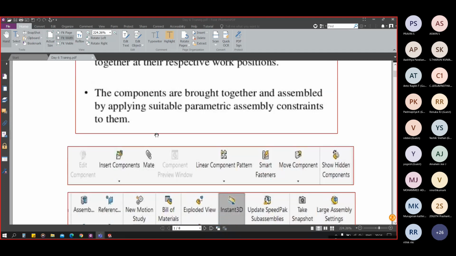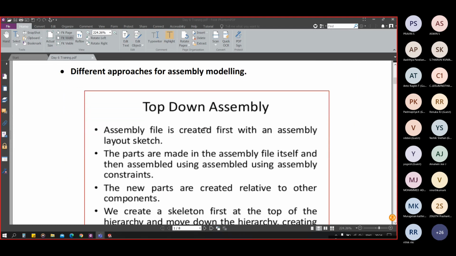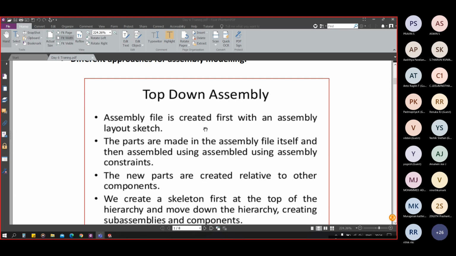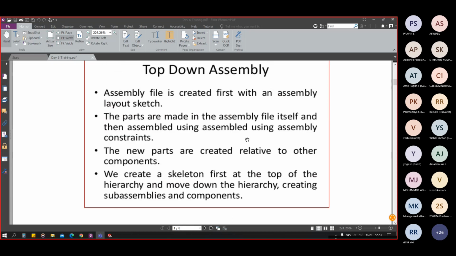Usually this is the interface for our assembly. Insert component, mate, we already have seen that. Now let's see the approaches for assembly modeling. We usually have the top down assembly approach and the bottom up assembly approach.